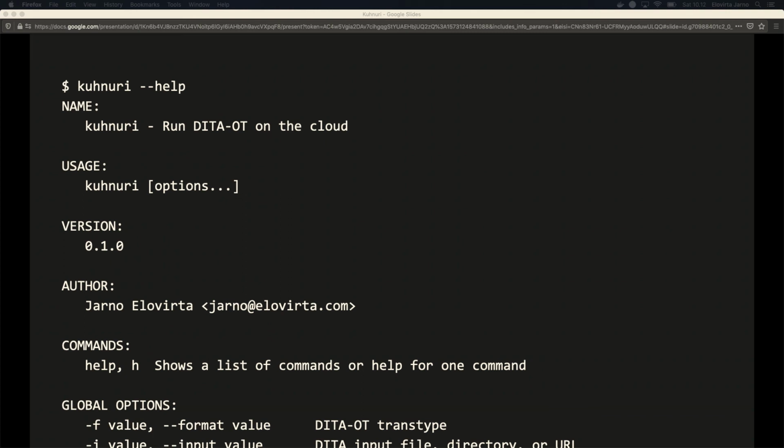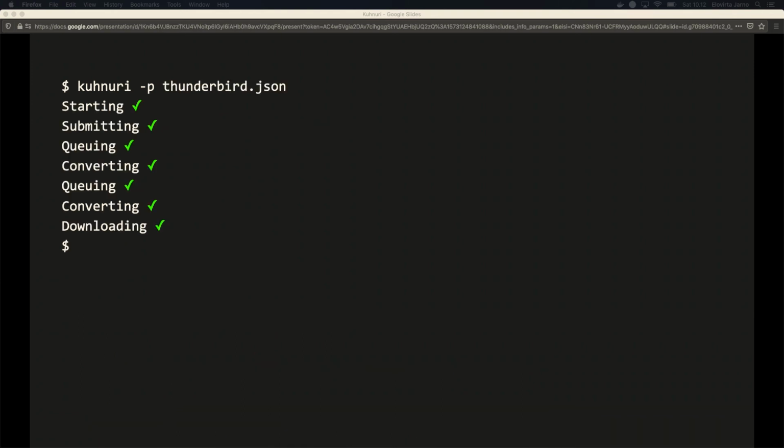So here's a help of that tool that you're not really interested in. So let's see what happens if we run it in a simulated environment. If you run it, and if I had a video of the demo, you'd see a nice animated spinner going through all these steps. But because it would take a while and I don't know how to make videos, I think it's better just to view the results. So it's doing various steps, and you may notice that after submitting, it's doing queuing and converting twice. And that's not actually a copy-paste error. It's part of Kuhnuri's design,